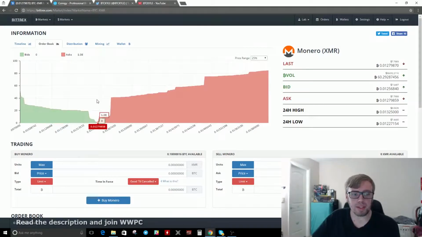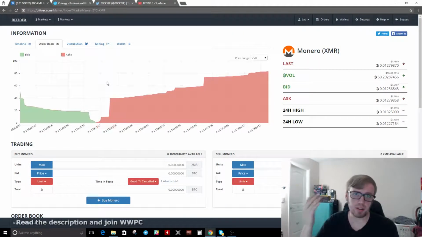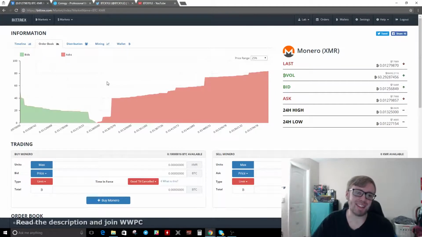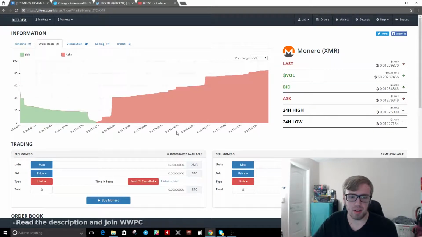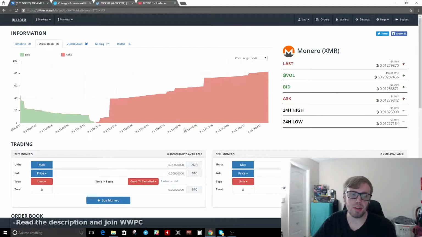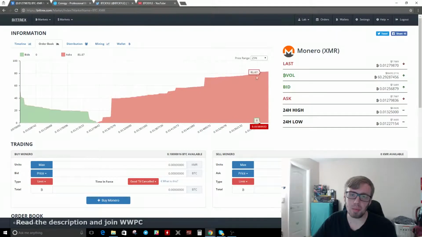Order book. This is kind of difficult for some people to understand right away, and I get it. It's not really easy to understand just by looking at it at first, but once you know it, you kind of don't forget it. So on the x-axis here, right, we have the price of Monero, right? It goes from a really, really low price all the way to a really, really high price. And you can see this big red wall or blob, and you can see this green blob. The red blob is the stack of sell orders